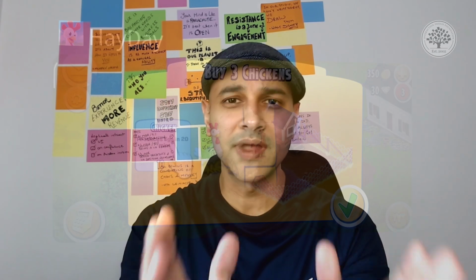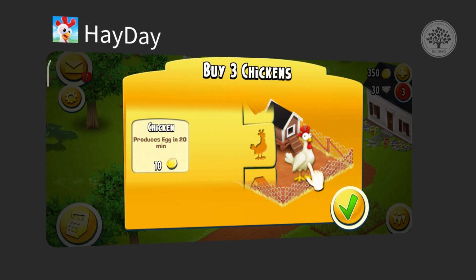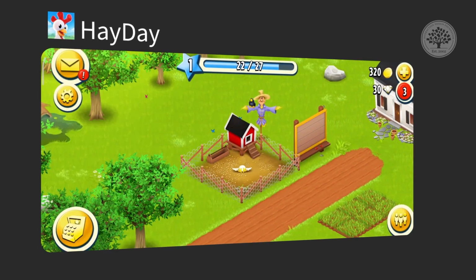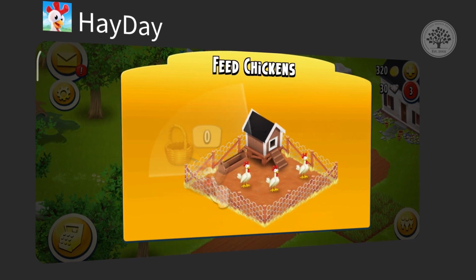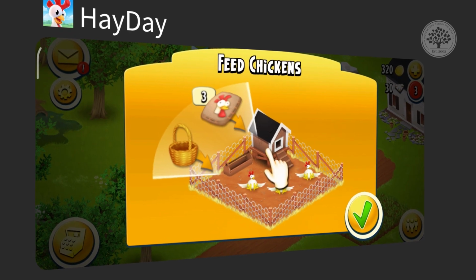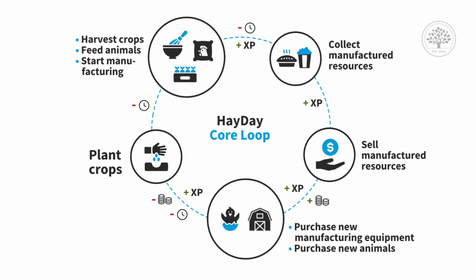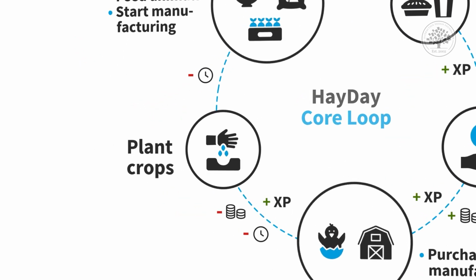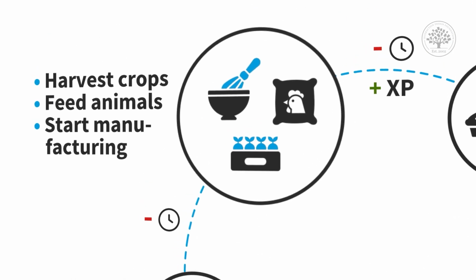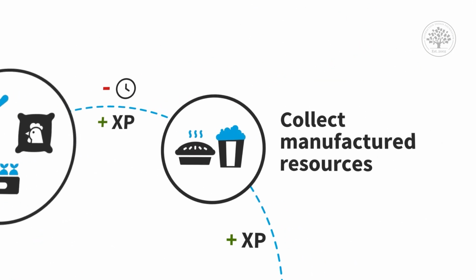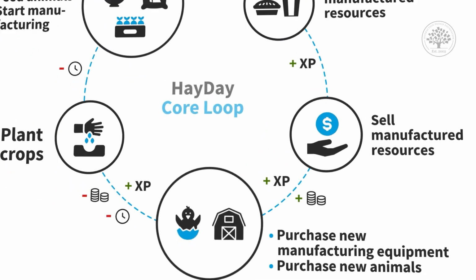So this is an example from Heyday. It's another very popular farming game on mobile, and it's very similar to Farmville. You might have heard of Farmville on Facebook. It was one of the biggest games back in the days. And you can see that how the core loop of Heyday is even more complex. There are a lot of tasks to perform, there's time pressure, there are different rewards, currencies, and so on. So this is what